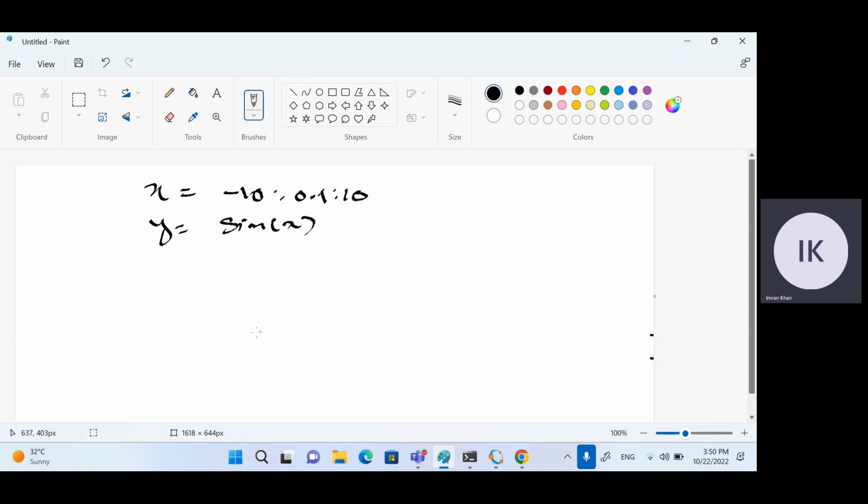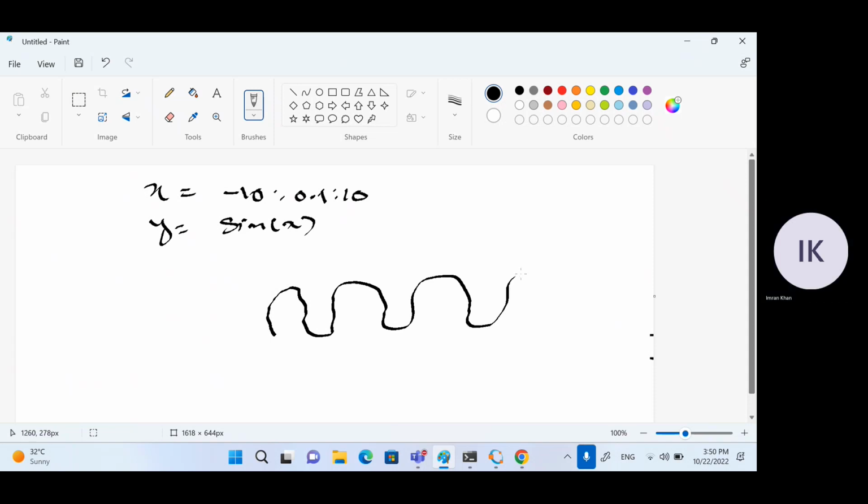Sine usually is a graph which forms like a sine wave. Okay, so for creating any plot, any graph, using the plot, you need x value and y value. So what we're going to do here, we'll create a vector with the x value, and already we have the y,